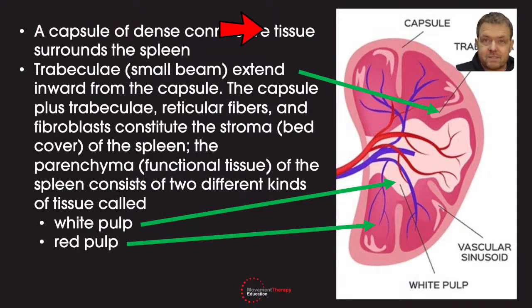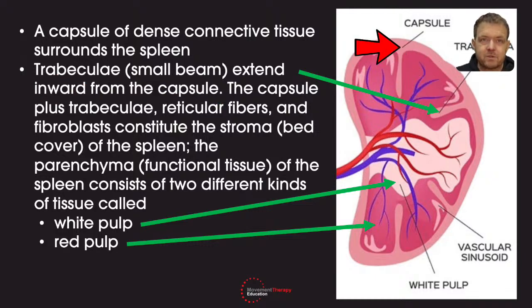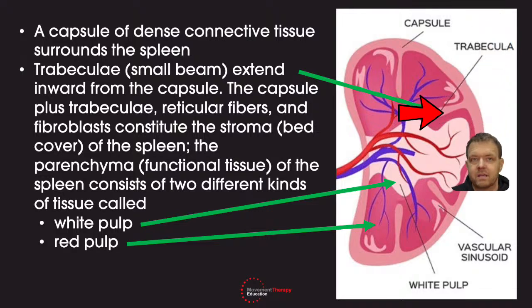So we've got a capsule of dense tissue all around it, so you can see all that, the kind of lighter pink stuff on this image. And then the trabeculae, which means a small beam. So we've got these kind of folds coming in here, and they extend inward from the capsule. So there's the capsule, there's the trabeculae. In fact, I'm in the way of that. There we go. And then the capsule plus trabeculae, the reticular fibers, which is the kind of makeup of the